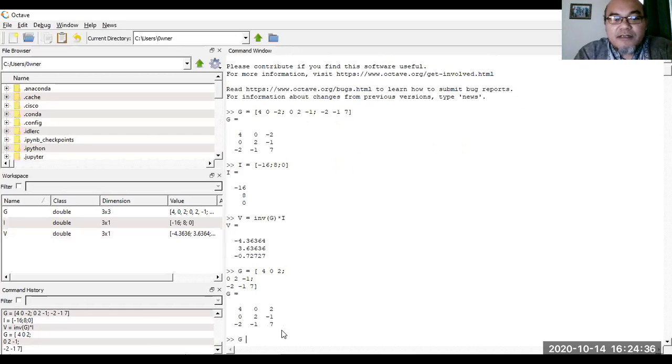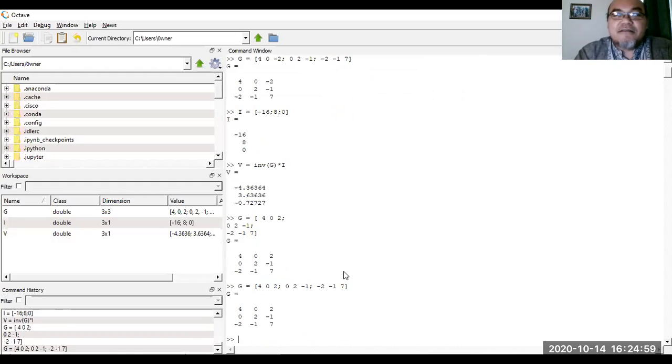Alternatively, you can immediately write them down as a single row in the command line: 0, 2, -1, then -2, -1, 7. This is a square parenthesis, not the curved parenthesis, but bracket. Yeah, we call it bracket. So like this, then you have it.